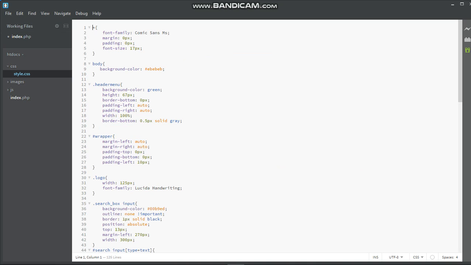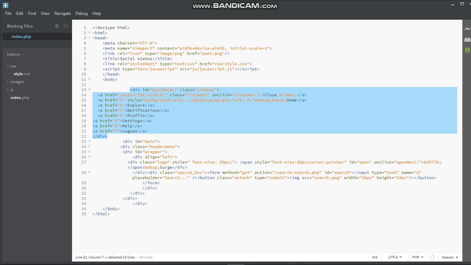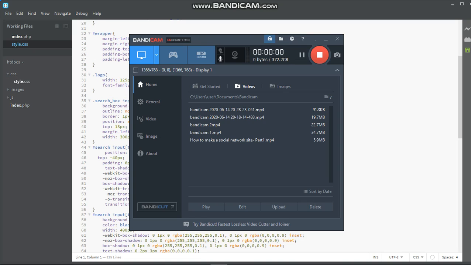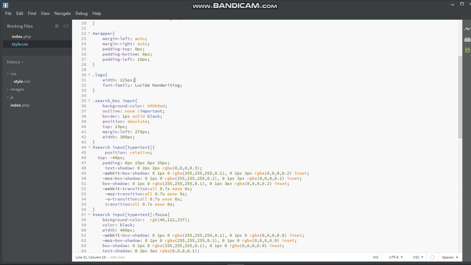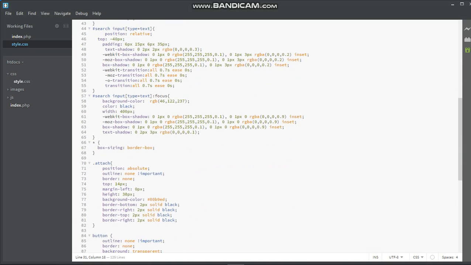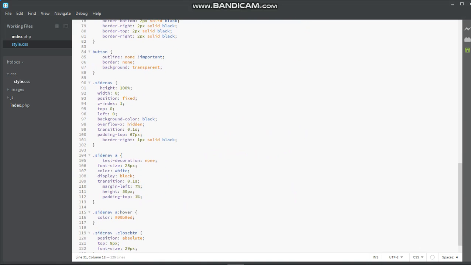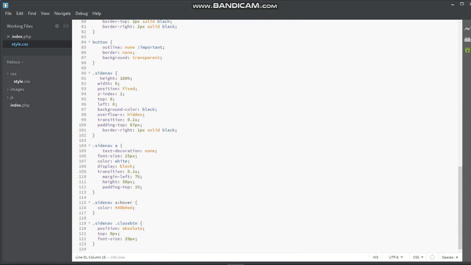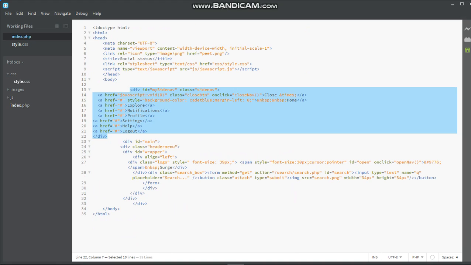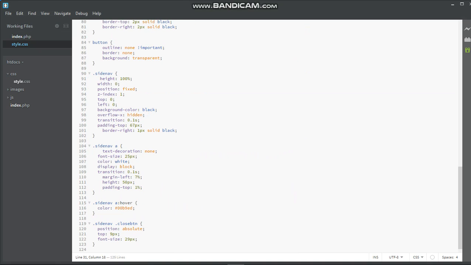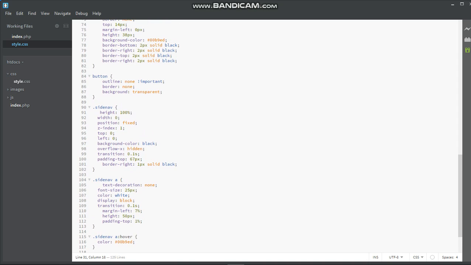But in the CSS, let me save that. In the CSS, if you come here and search for my side nav, let's check. Sorry, side nav, sorry. Oh, the ID is mySideNav. The class is sideNav. We're using the class to say something can have an ID and a class. But two things can never have the same ID.